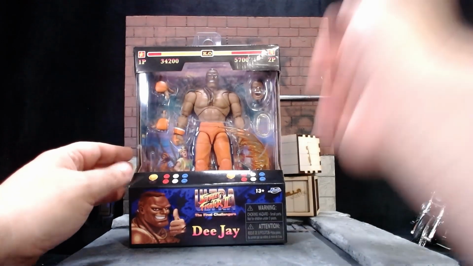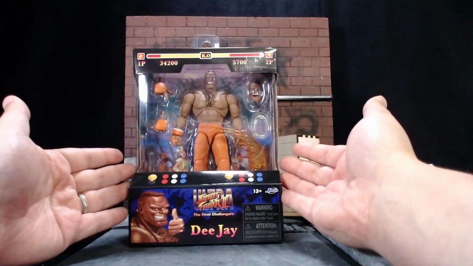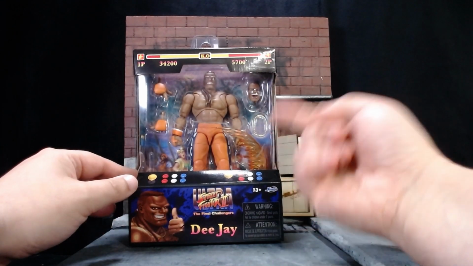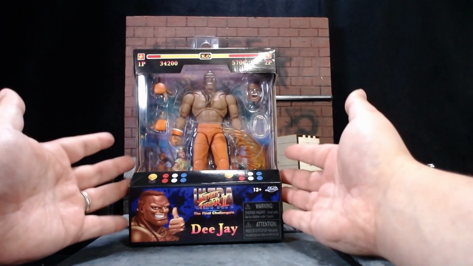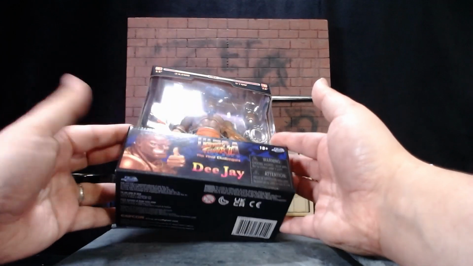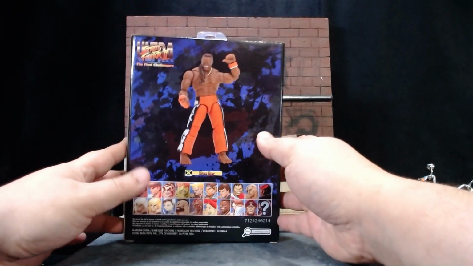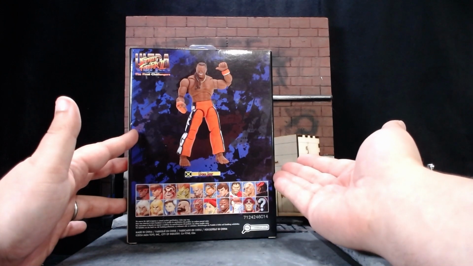But DJ is very interesting because this is his first time in action figure form. Just about everybody else has been made in either Figuarts, NECA, Soda. So this is literally DJ's first time in plastic appearance. Of course, we got the arcade background on here. We don't need to go in the back here, but I always like looking at the artwork. Just about everybody's been announced,